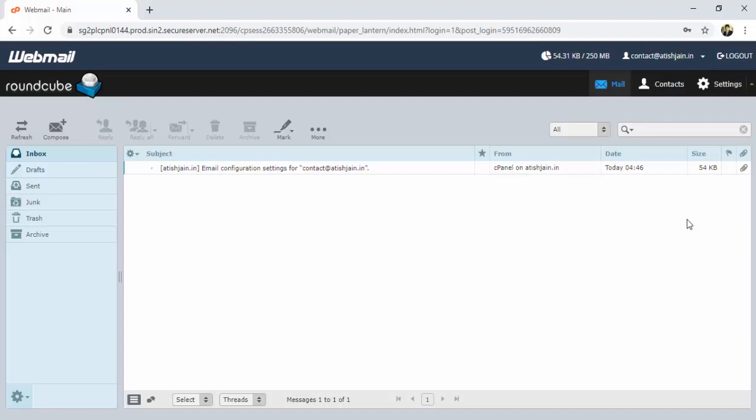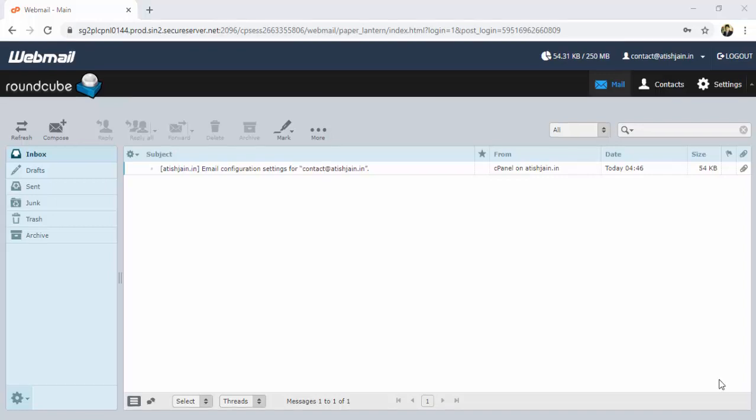So this is the first step, how you can create your business email in GoDaddy. Every time you want to send a mail, or check if you have received any mails or not, you have to log in like this, your domain name / webmail.